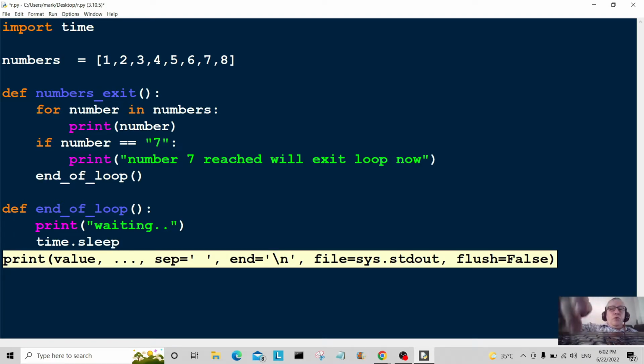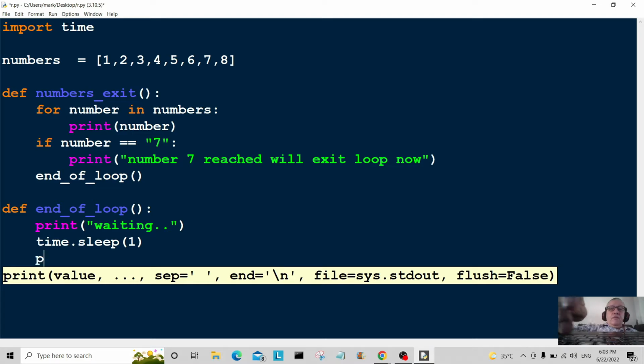So we're going to pause it a little bit, for 1 second. We could actually pause it for any amount of time we wanted. I could pause it for 567 seconds, but I'm just going to pause it for 1 second here. And then we're going to print out another message, print,